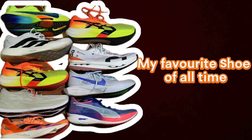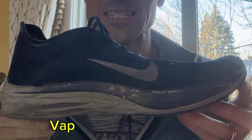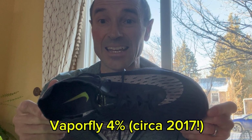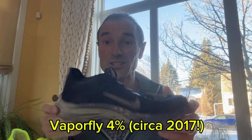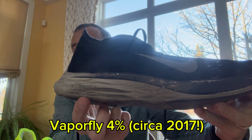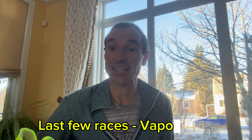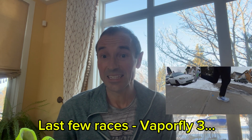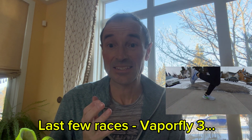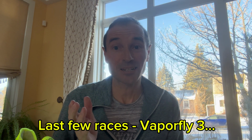So my favorite shoe of all time is this one. This is the original Vaporfly. And if I could run any race in this shoe, I'd be very happy. But all my pairs of this are now massively beaten up. So unfortunately, I'm going to have to find another pair. I haven't raced in anything other than Nike for at least a decade. So we've got a bunch of shoes here, and spoiler alert, I don't think I'm going to be racing my